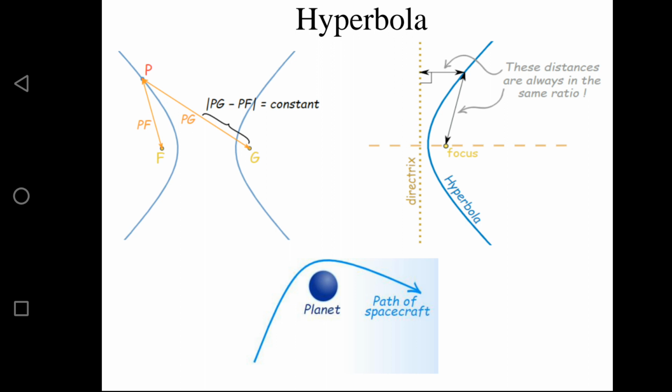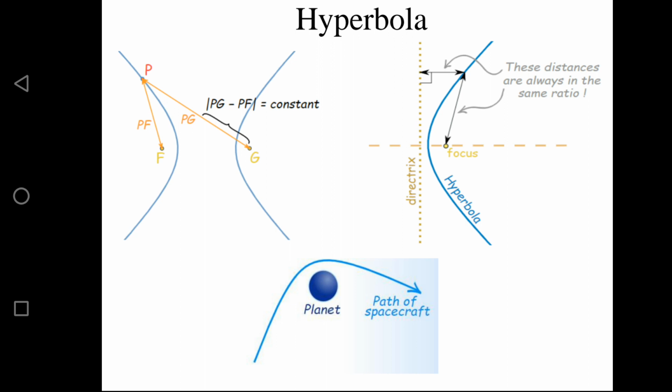Well, look at just one of the curves here, in the first figure. Any point P is closer to F. This F and G are actually the focus points. In a parabola, what I said is that for any point P, the distance between point P and the focus is equal to the perpendicular distance from that point to the directrix. Here we have something else: we have some ratio between the distance from the point to the focus and the perpendicular distance between the point P and the directrix.